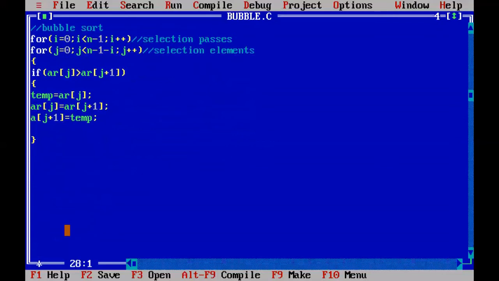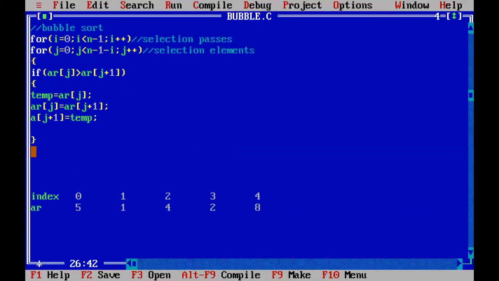Here, the array elements are 5, 1, 4, 2, 8, and the array index positions are 0, 1, 2, 3 and 4.